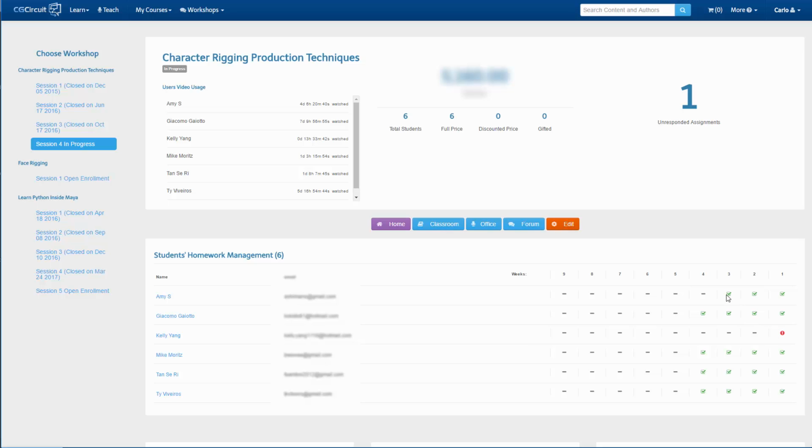When you have the green icon, it means that you provided feedback. When you have the little dash here, it means that the student didn't submit their homework at all. Now, if I click on Classroom,